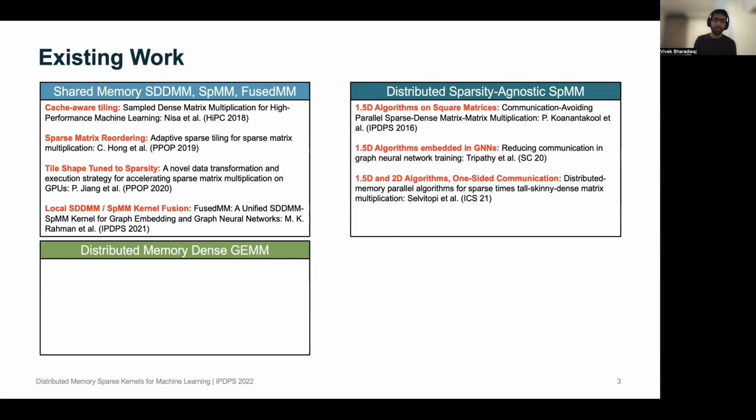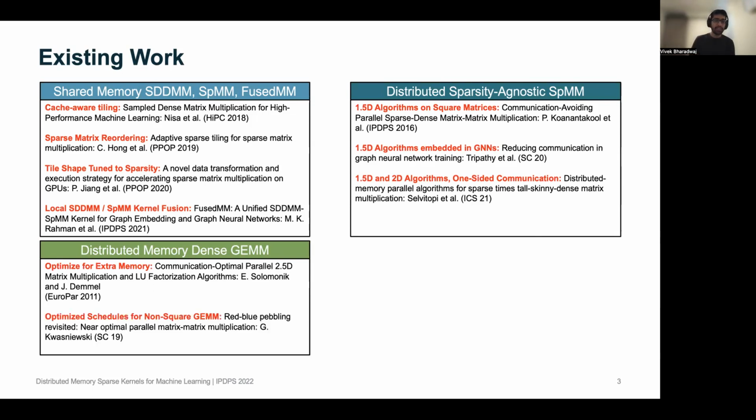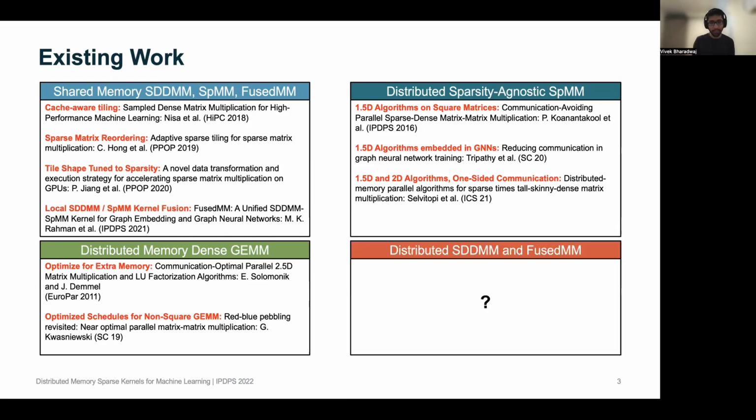Now, in the landscape of distributed memory dense linear algebra, we have these 2.5D algorithms that take advantage of extra memory on your cluster. And recently, there was this work called COSMA that was proposed. This generates tight I/O schedules for matrix multiplication, where the matrices have irregular sizes. There's been really not much work at all on distributed memory sampled dense-dense matrix multiplication and FusedMM, and that's what